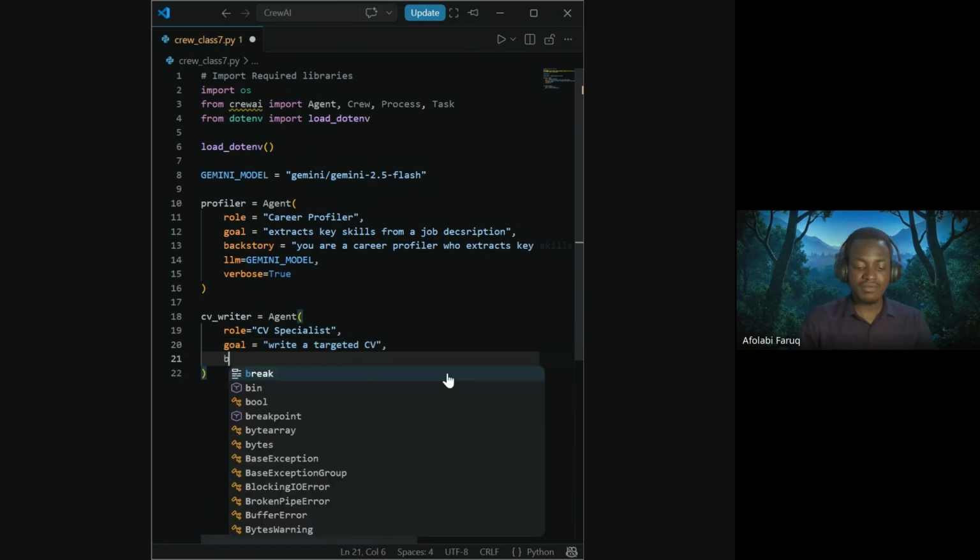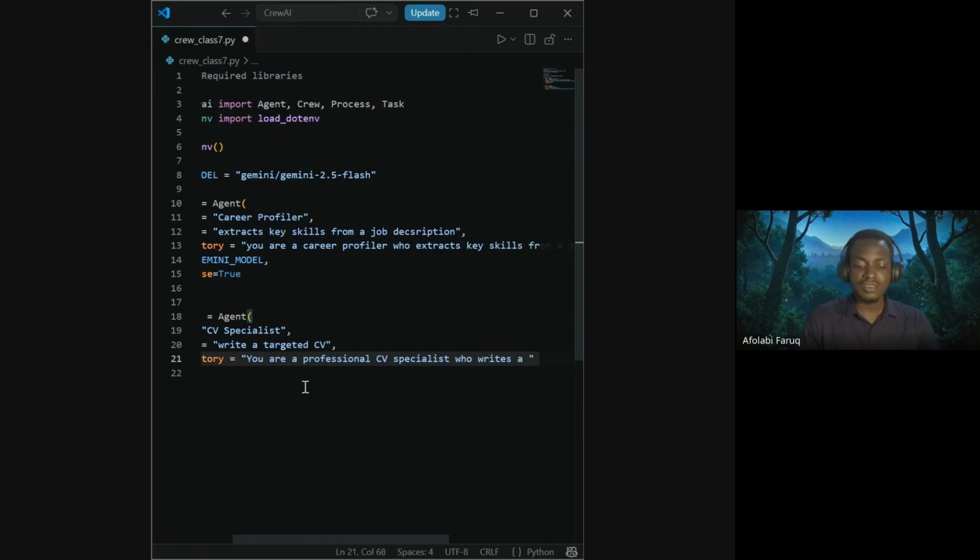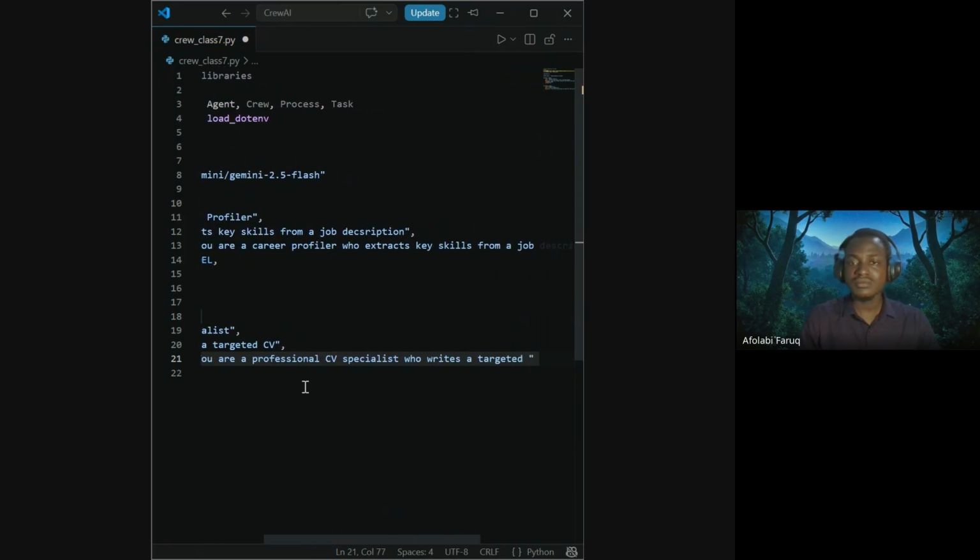Then we should have a backstory here, which you can say is a professional CV specialist who writes a targeted CV.